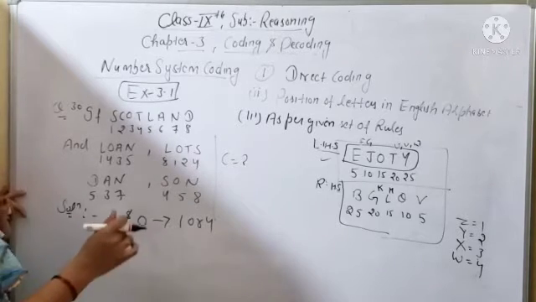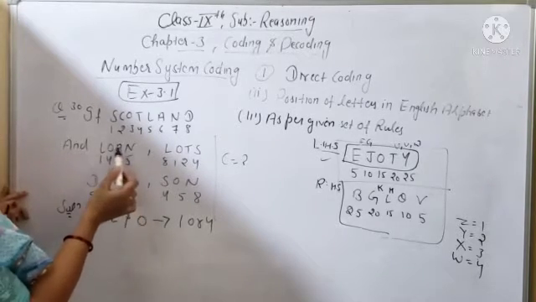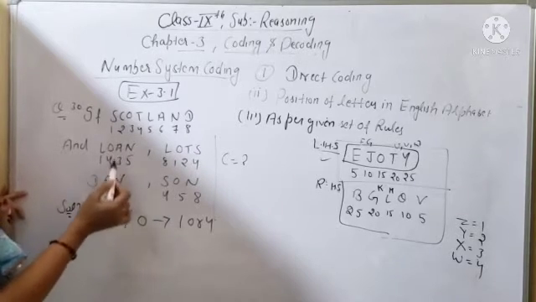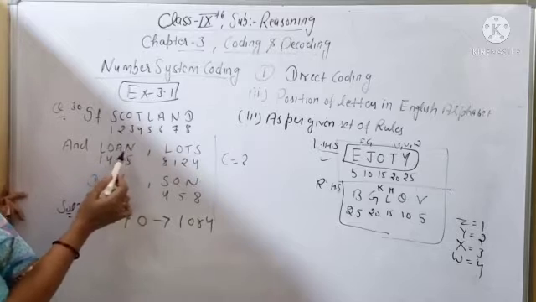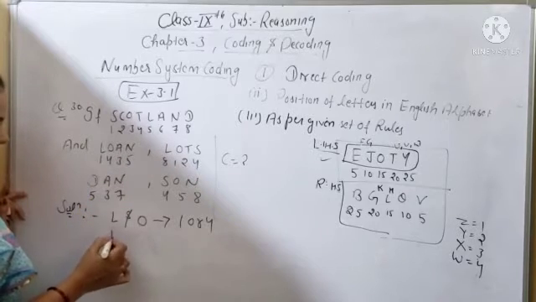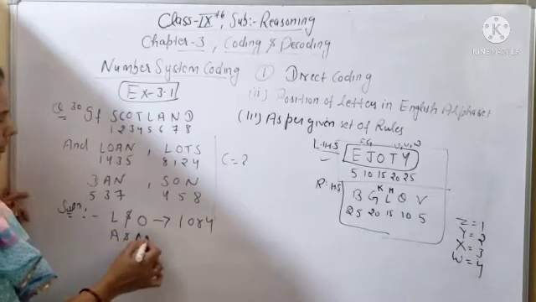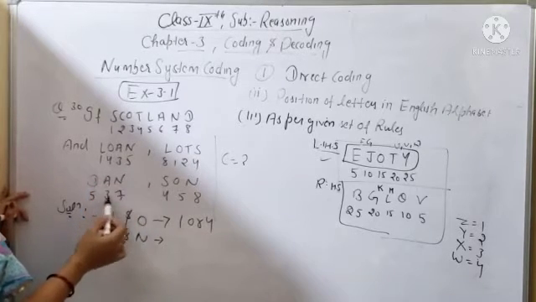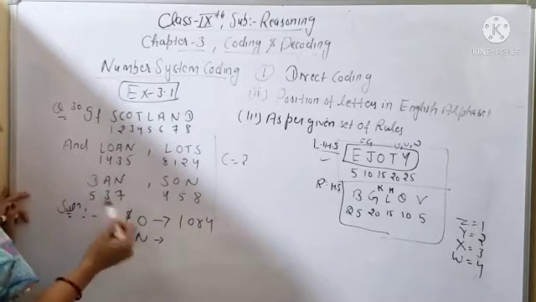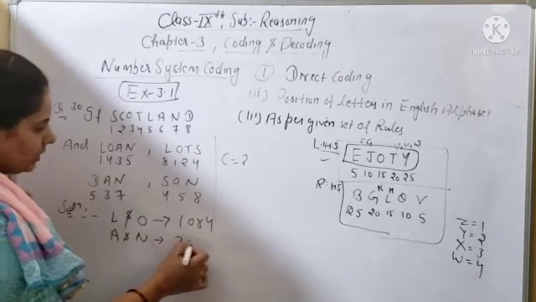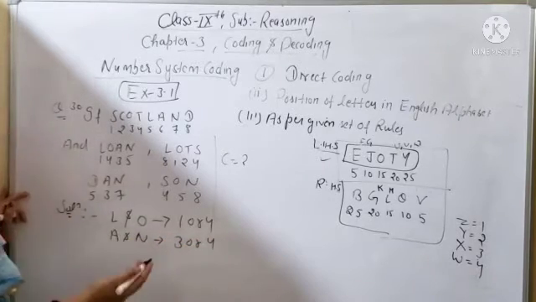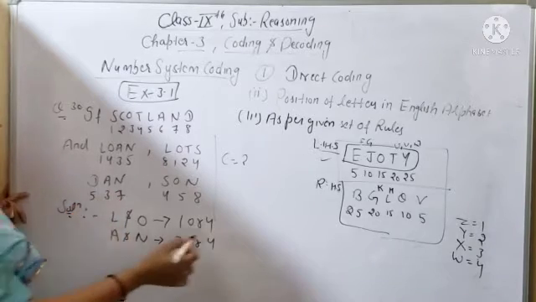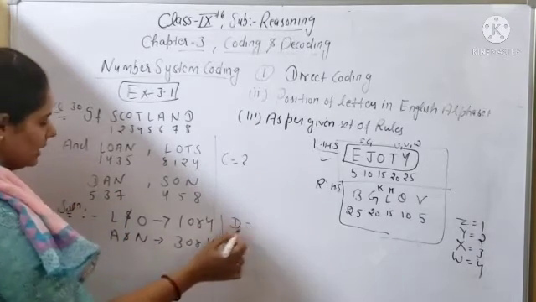Clear? Now after that you have to check LOAN and DAN. If you check these two, which letters are common? AN is common here and AN is common here. So which numbers are common in 1, 4, 3, 5 and 5, 3, 7? 3 and 5. So you have given A and N the codes 3 and 5. So apart from AN, what is left here, beta? D. So what will the code of D be? What will the code of D be?